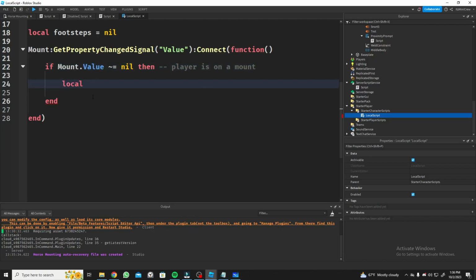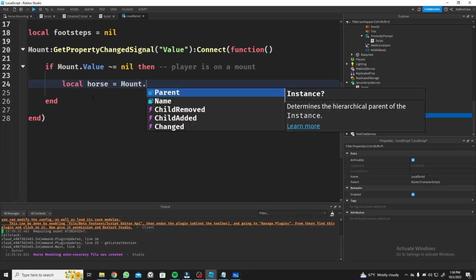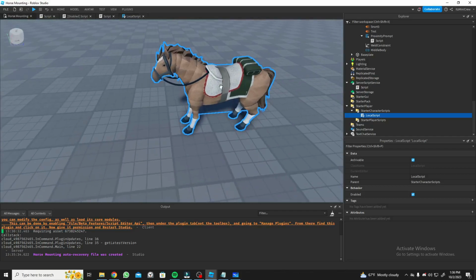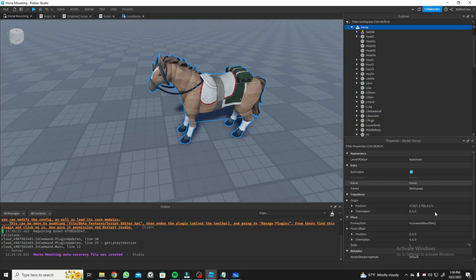So as you can see, I always used horse, but if you want dragons and stuff like that, then I recommend using mount instead of horse. But I'm just going to say horse because I started with it, and say mount.value. And now we have to do one more thing, which is we need to click on the horse and go